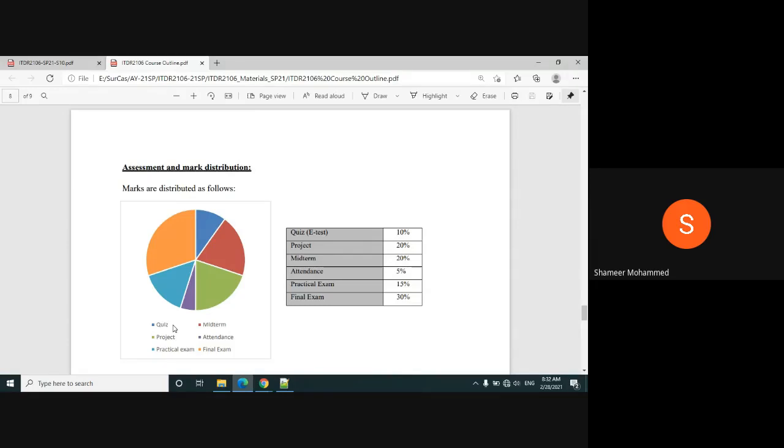So 70 is your continuous assessment: quiz, project, midterm, attendance, lab. Then the remaining is final exam, 30%. Okay, students, so these are our assessment methods and different types of assessments we follow in this course.